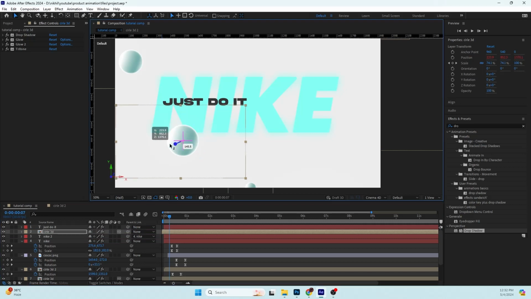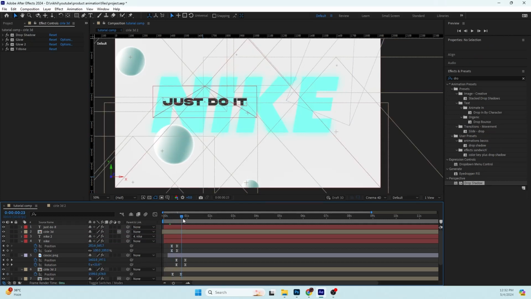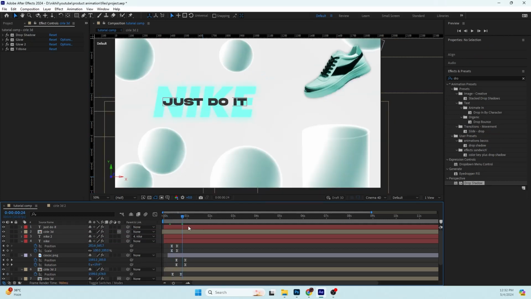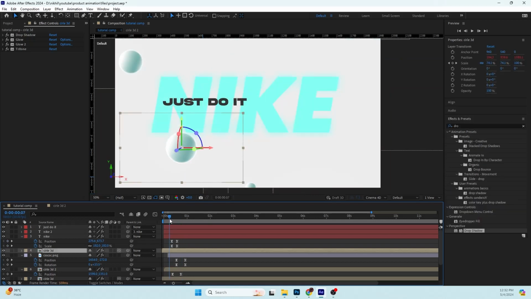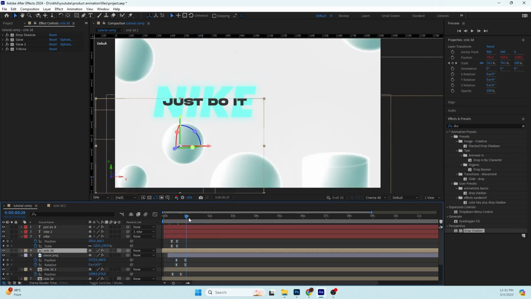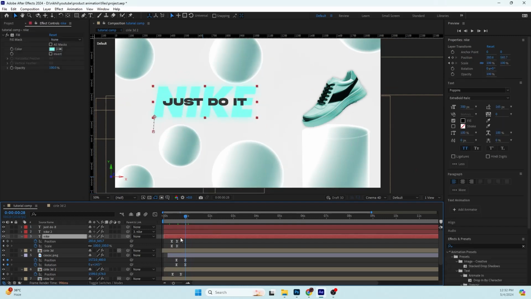So now we are fine with this. Now you can see our text is behind this ellipse. So now we are done. We'll just change the position. So now we have it. So when the text is completed,